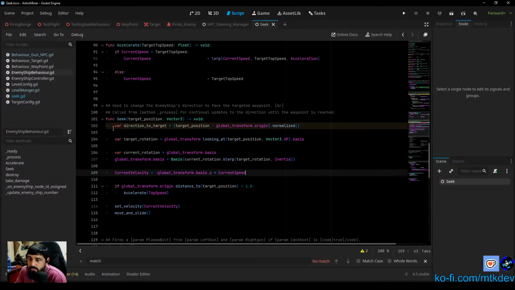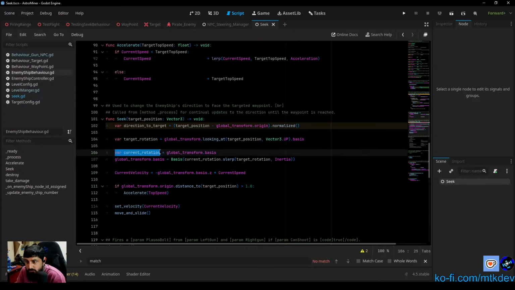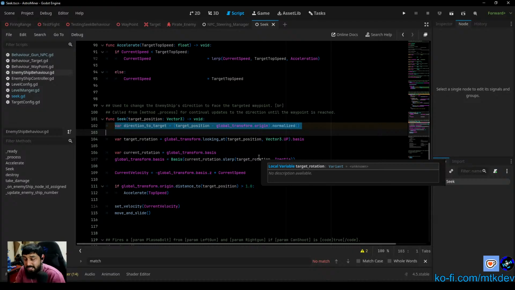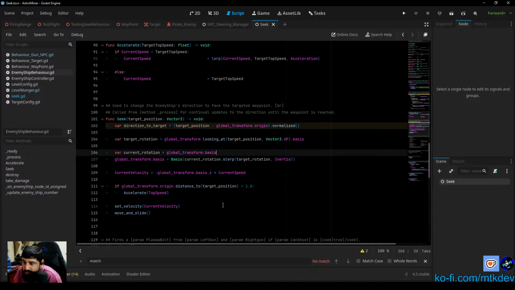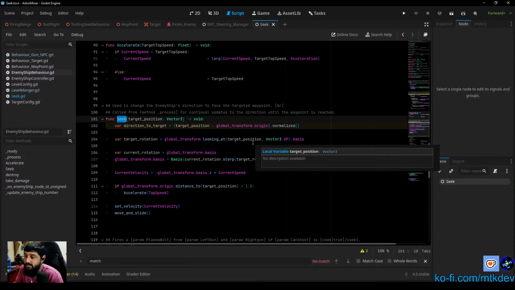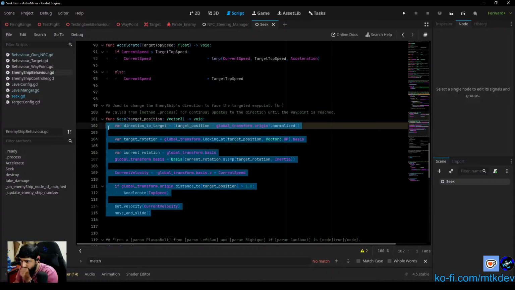So we've got a variable here, direction to target. We've got a variable called target rotation and a variable called current rotation, right? And all of these are being declared inside the seek function. So that's good. We don't have to worry about dependencies in that sense, where there's a variable we are using outside of the scope of this function, which is perfect, right? That means we can take this and move it across to